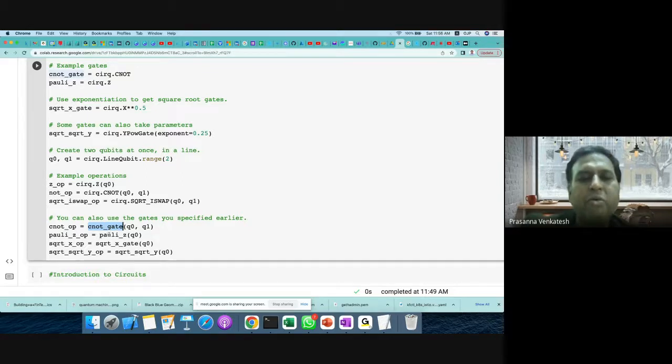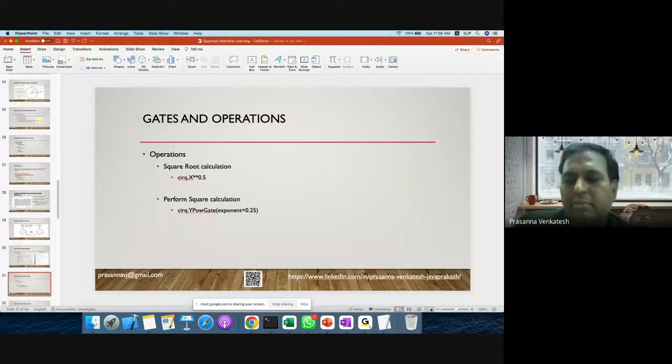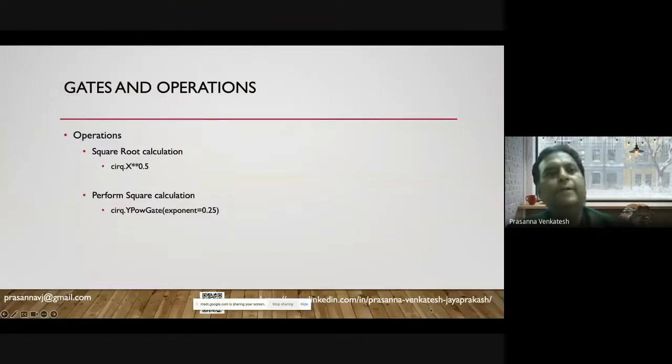Likewise, you can have your own gates that are created, because for the circ.z gate I have given a name as polyz, and this poly gate can be directly used for your operations and so on. It's very simple. Let me execute this as well. So that execution has completed. You could ask, Prasanna, you're just showing me, I'm not seeing any output. Just bear with me 2 minutes, I'll show you.